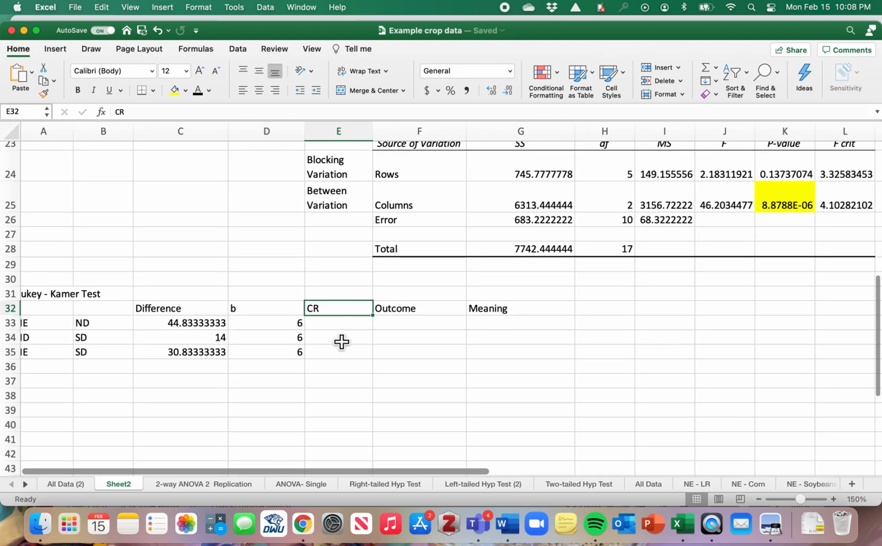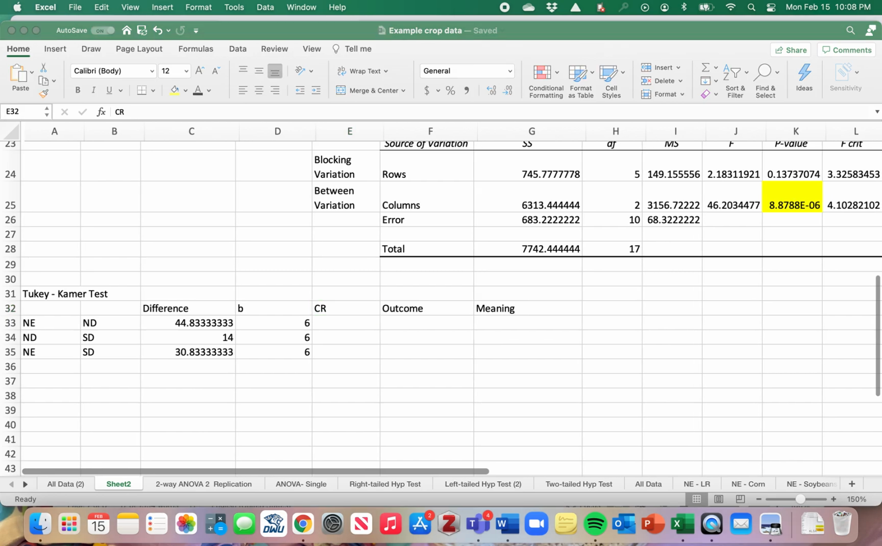All right, so now we've got to figure out that critical range. And we're on page 529 right now, looking at formula 11.19. To find that critical range, we first have to find our critical Q value that we found in the single ANOVA, and it's also used in the two-way ANOVA with replication. So we're going to go find that critical Q value